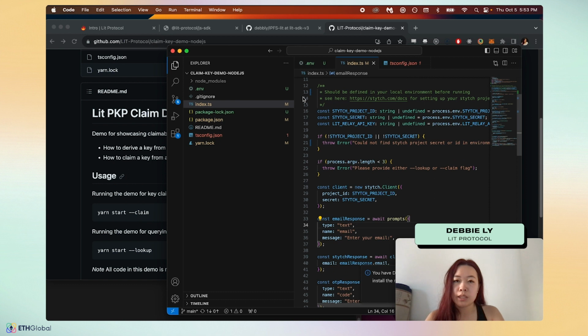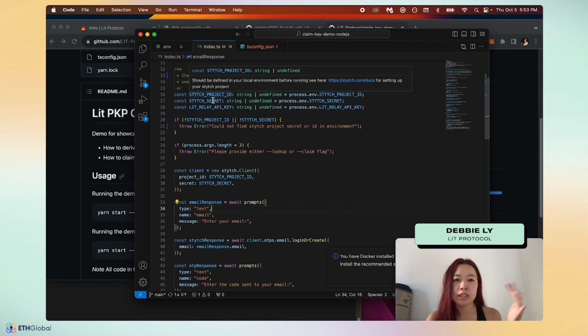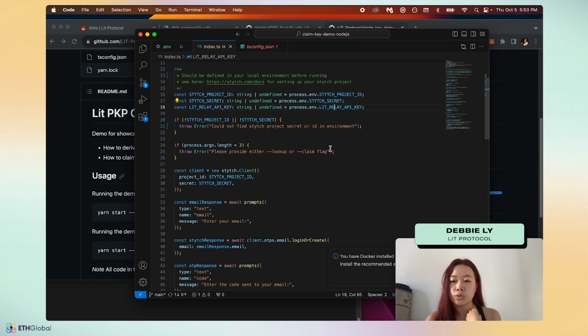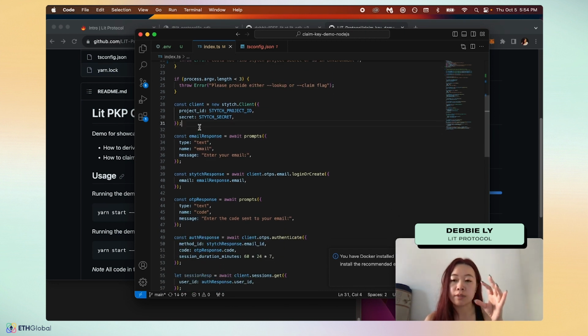Okay, so jumping in, we have our Stitch project ID, secret, and then the Lit relay API key. Oh my god, I can't talk today. You can find the form on Lit's site to request a relay API key. If not, feel free to jump on in Discord and ask about that. So there's some setup here. I'll go through a bit of the setup parts and then go through what's specifically around claimable keys